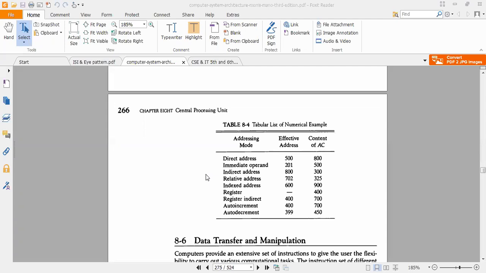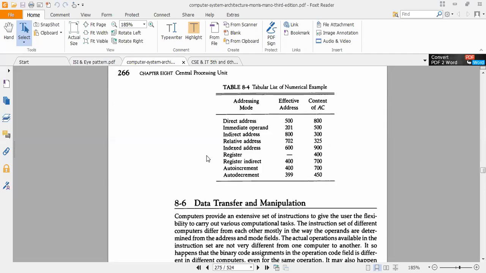So basically, different computers follow different sorts of instruction formats and operands, the type of operand and the style of operand. The instruction sets of different computers differ from each other mostly in the way the operands are determined from the address and the mode field.